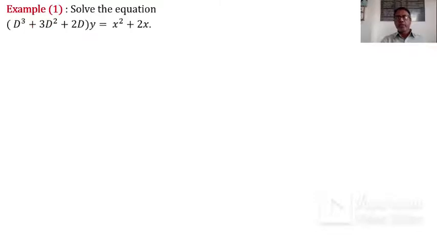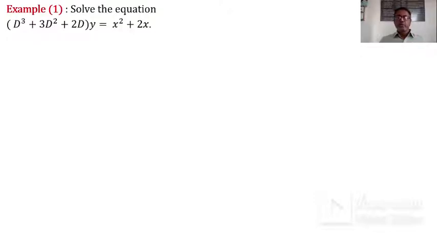Solve the equation (D cube plus 3D square plus 2D) of y is equal to x square plus 2x. To solve this equation means we want to find the general solution of this